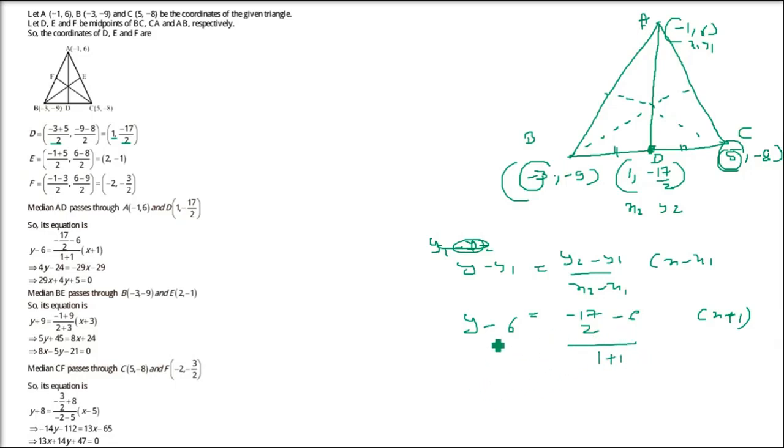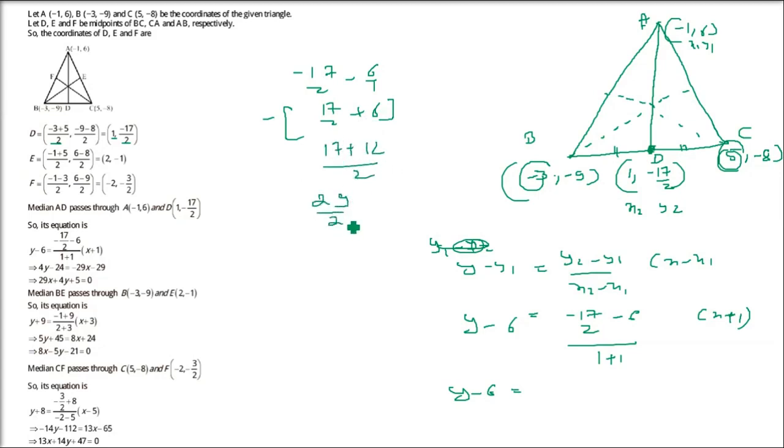Now here we have this equation, we are going to solve. You have to do this 3 times because there are 2 more medians. I am just giving an idea of one of the medians. So minus 17 by 2 minus 6 can be written as minus, take common, 17 by 2 plus 6. So we have 17 plus 12 by 2 and this is 29. Minus 29 by 2 will come. Put it here, and you already have 2 in the denominator. So minus 29 by 4 will come. Now x plus 1 is there.